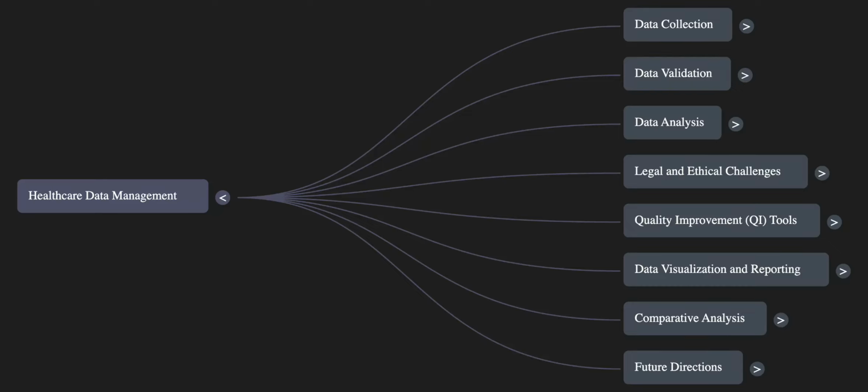Think about the last time you went to the doctor. That visit, the tests, maybe even how you paid, it all generated data. A huge amount of data. Right. And today, we're diving into that crucial world of healthcare data. Not just that it exists, but how it's gathered, how we know we can trust it, and what makes it